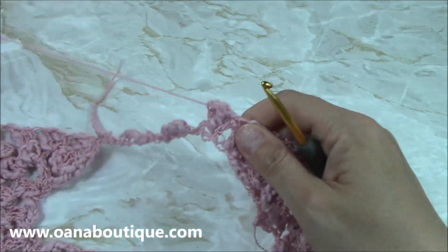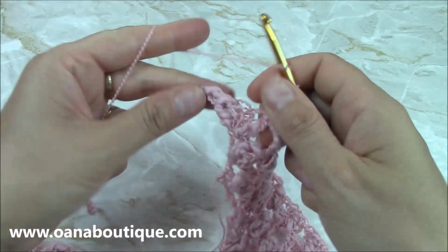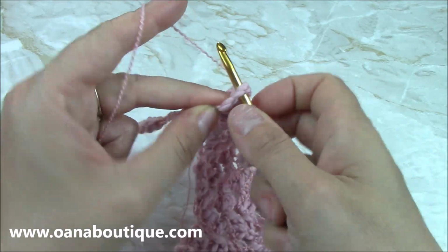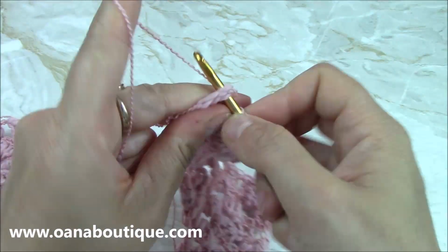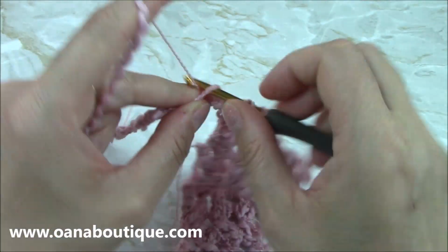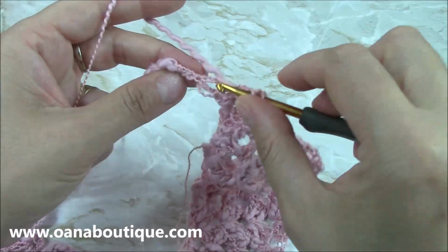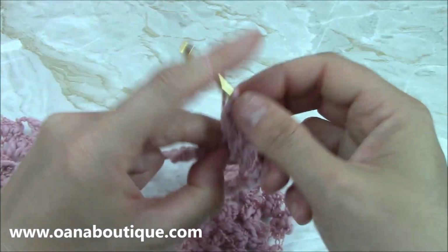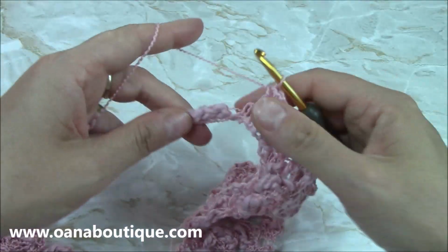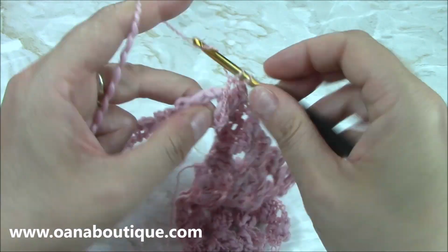Okay, now you can also put it into the chain 1 if you think it's better. It's something like this, or like this. 1, then I will skip directly into the space and work 1 and close them together, and into the space I will work 2 more. No, we need 3. Okay, I will do the same thing on the other side. So this is the first, into the next